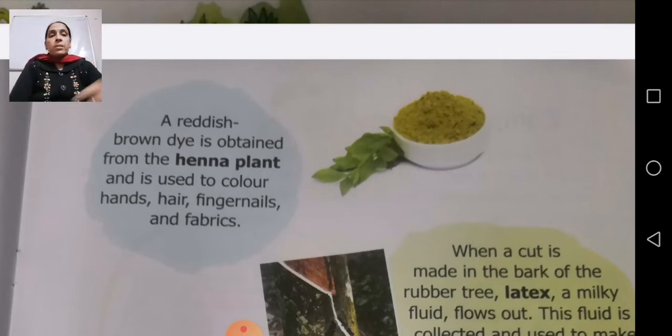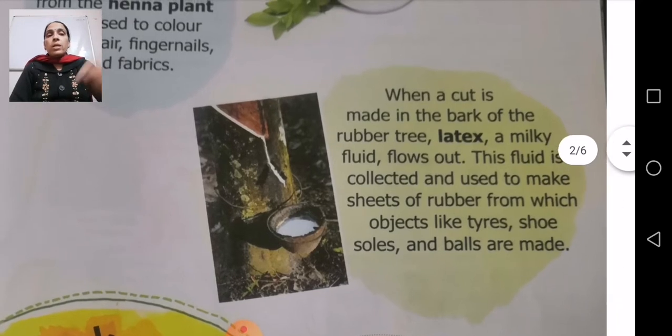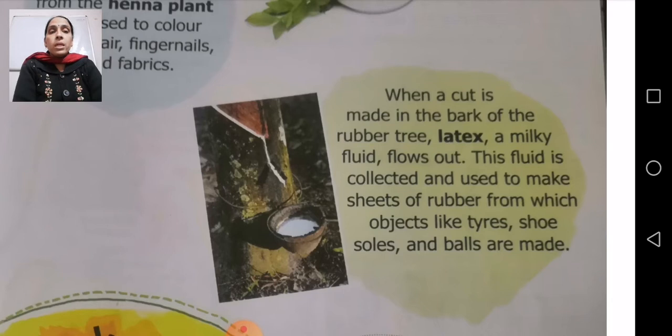Next, that is latex or rubber plant. Rubber plant is again an important thing: when a cut is made in the bark of the rubber tree, latex, a milky fluid, flows out. Now this fluid is collected and used to make sheets of rubber from which objects like tires, shoe soles, and balls are made. Again, this rubber plant is very important, that we are getting latex from rubber plant. Latex is, as you can see in the picture, a white color liquid which is coming out